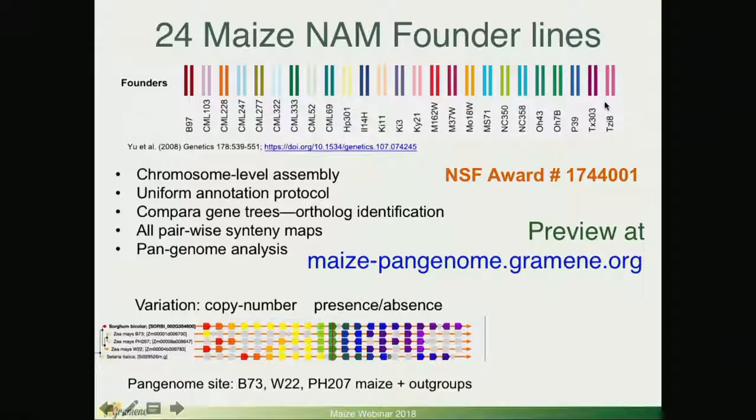Currently the maize reference is B73, but a lot of research has gone into these 24 founder lines, and the goal is to have them all in one single genome browser by next year. The entire chromosome assemblies with their gene annotations, with comparative analysis like the gene trees, the synteny maps, the pan-gene, and